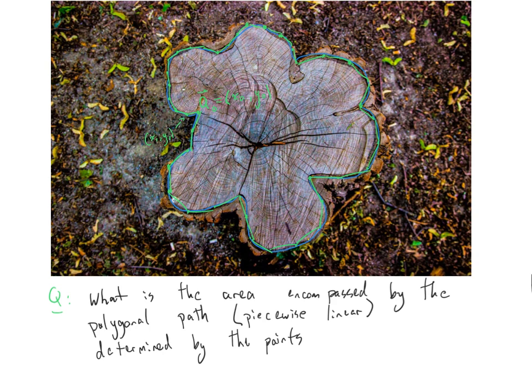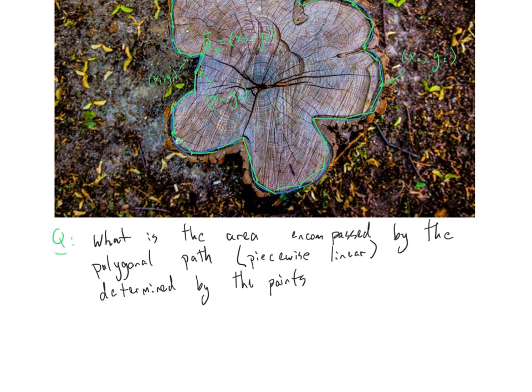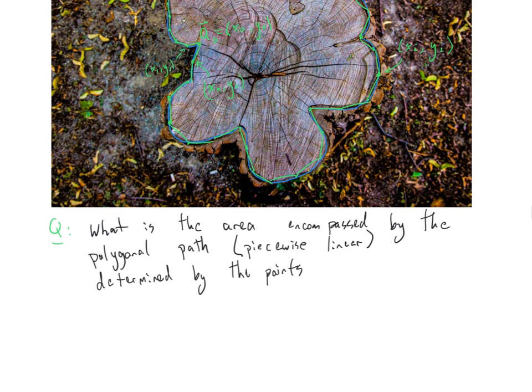And you keep going, and this guy over here is xi, yi. And you go around to this last one here, xn, yn. And then you have n different points. So in my description below, this path is determined by the points x0,